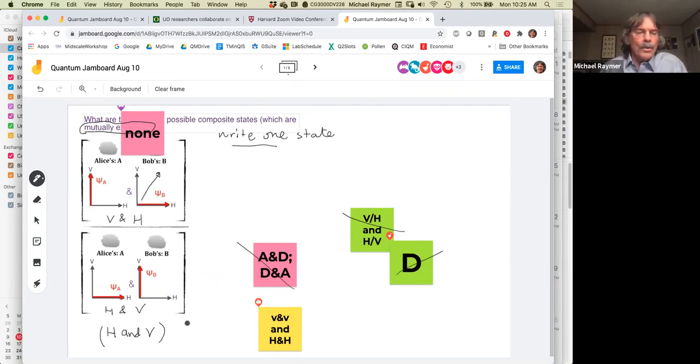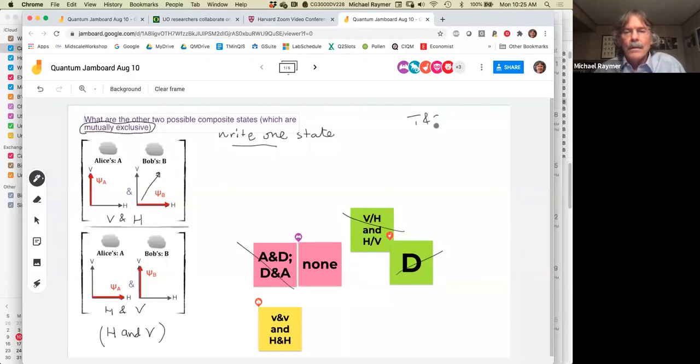There are two more states, but just think of one state. So think of it classically. If I had these two people, and one was tall and one was short, what are the four possible combinations of those people? There's tall and short, tall and short, there's short and tall, and the other two combinations are obvious.